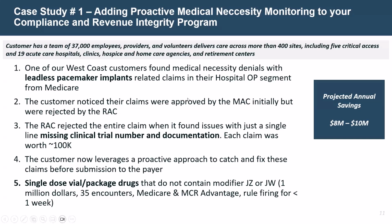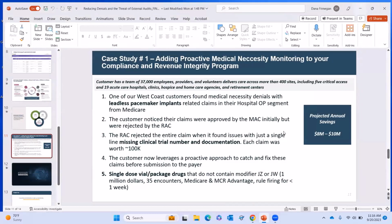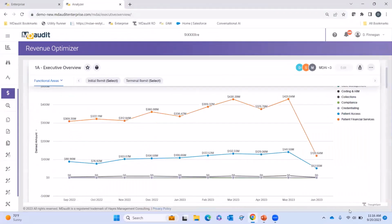Now, this is a case study that we're going to review after we go into the platform to show you one of our most successful endeavors with a client based on them using our technology to help reduce denials and external audits. We'll jump into that in a moment. What I want to do right now is pull up our platform. So we're going to run through a quick exercise today to show you how to reduce denials and